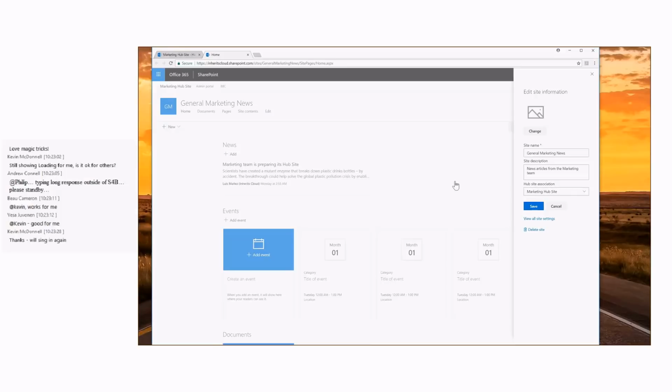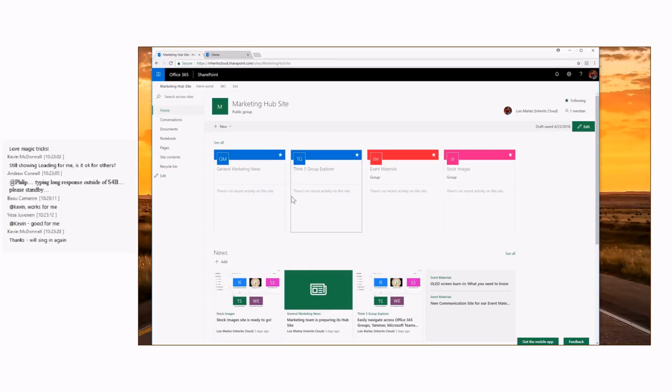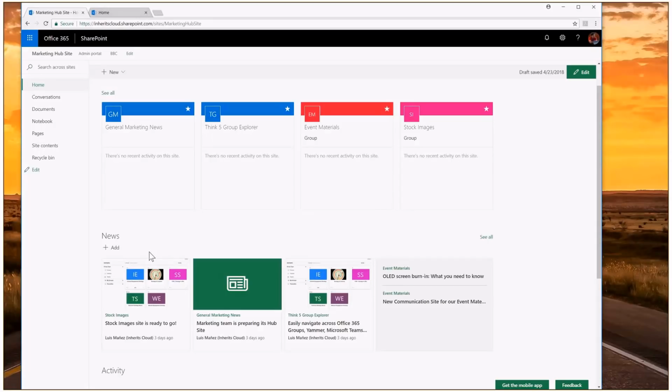And once you do that, as you can see here, you're going to share the Hub site navigation in the site and also the lookup field, so that's pretty cool. And also, we're going to be able to surface content from the sites inside the Hub site into the Hub site, as you can see here with the news